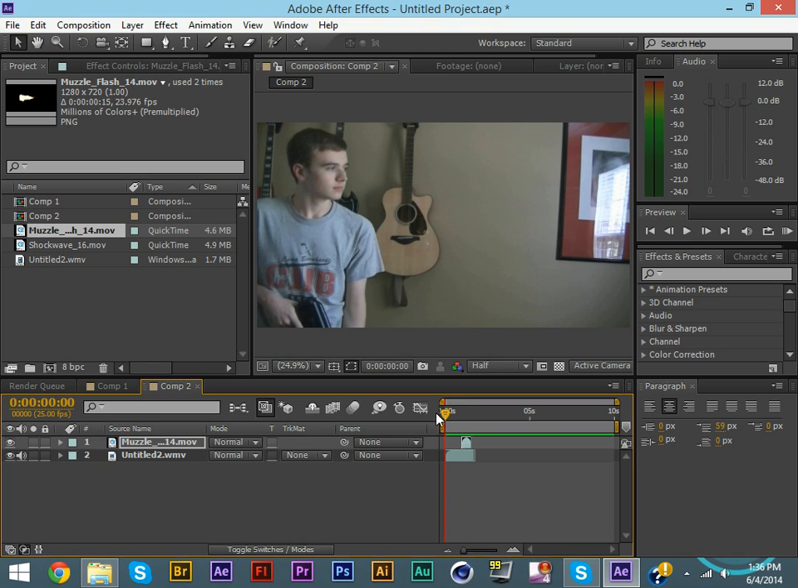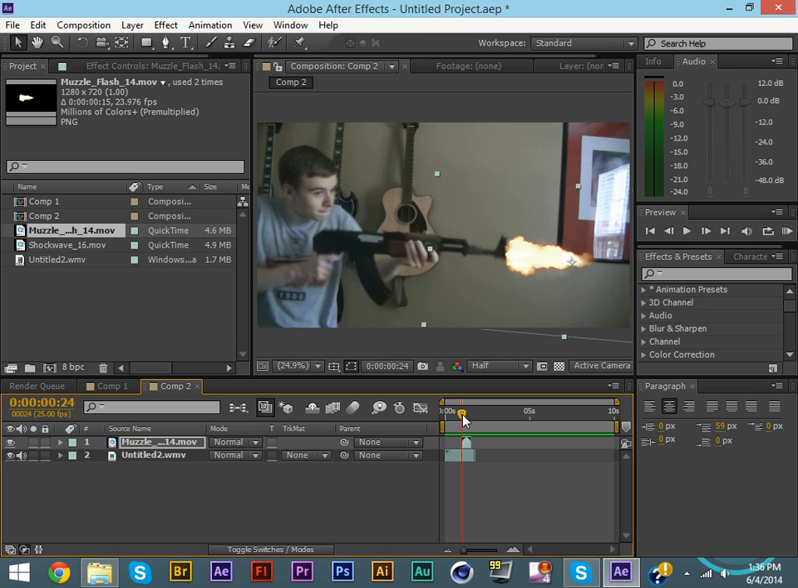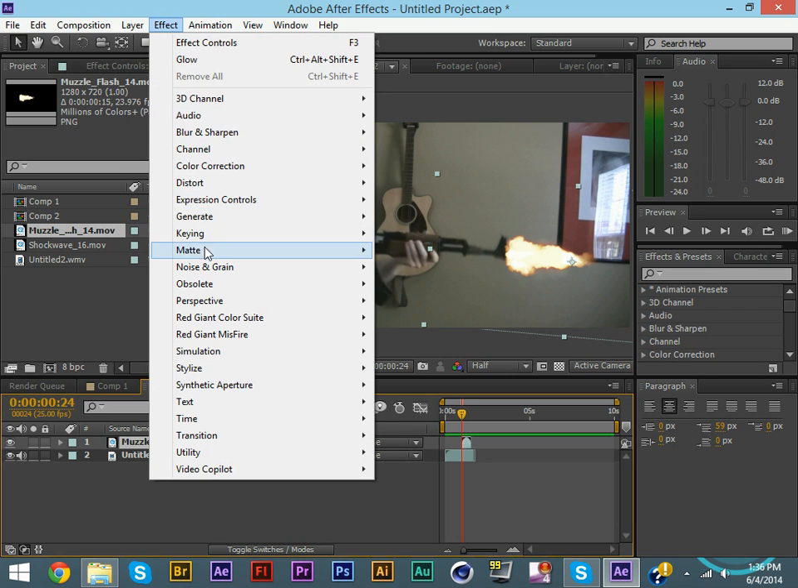But we're not done here. You can be done if you want to, but in a muzzle flash, we want to make this actually glow a little bit. So we'll go into Effect. Just click on your muzzle flash, just the muzzle flash. Go to Effect and go down to